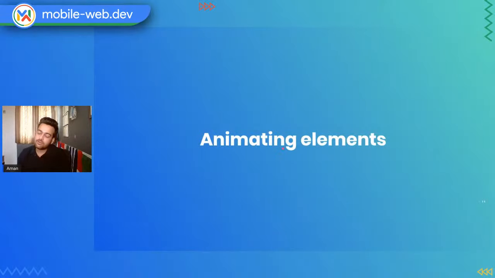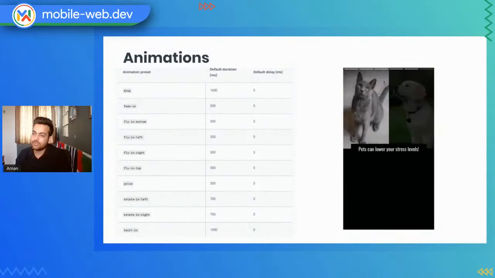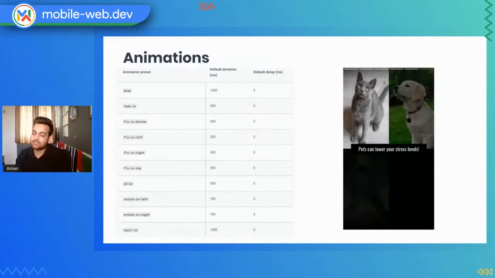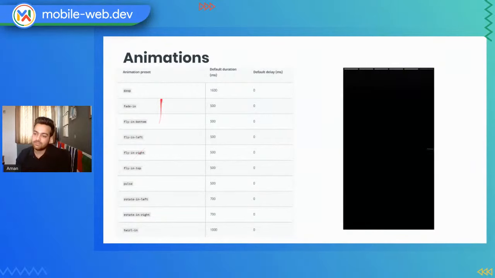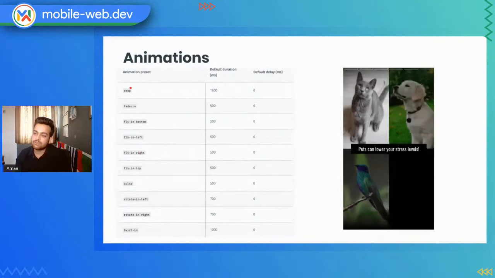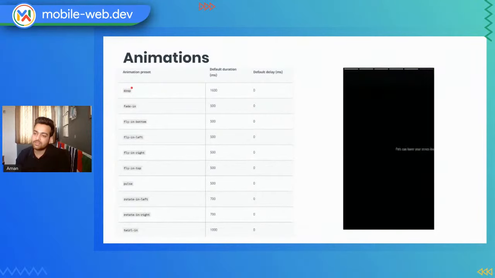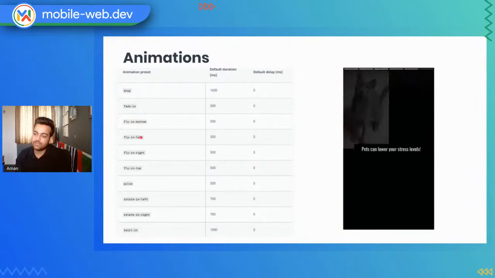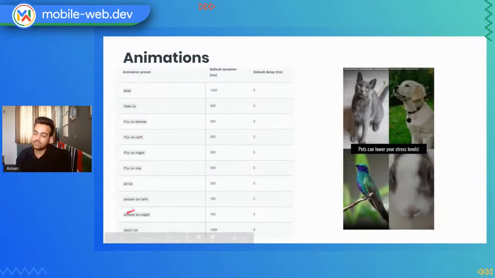Then AMP also offers a very unique property, that is adding animations. There is no use of stories without adding animation elements inside your stories. So AMP has a built-in capability of adding animations to your stories, and this is how you do it. There are different types of animation presets that you can see over here. There are more than that, and we have just mentioned a few of them. It's like the PowerPoint animations that they offer, like drop, fade in bottom, fade in left, fade in right, fade in top, and everything like this.